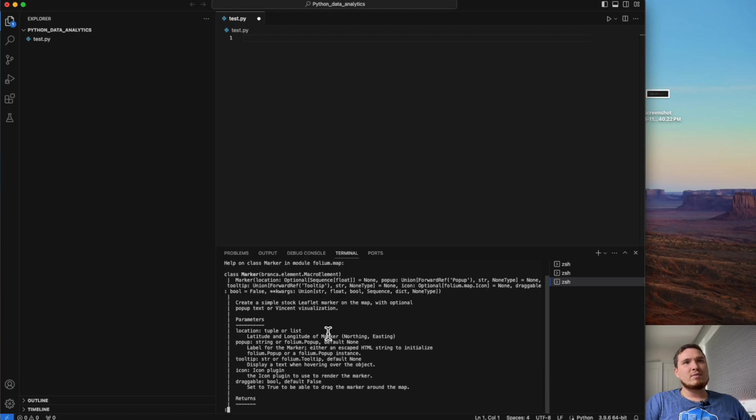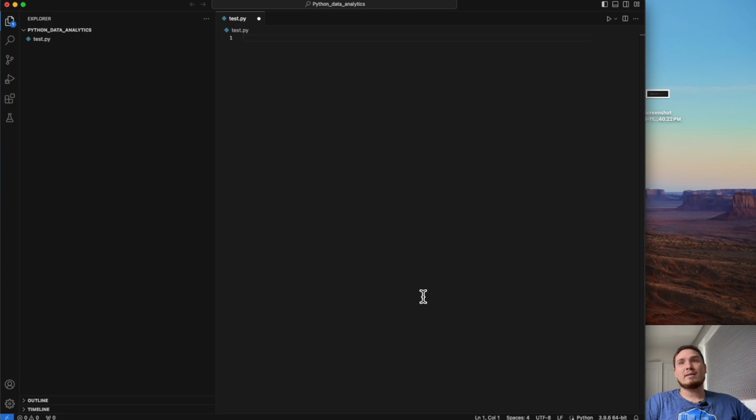Now I can see the full description of this method. First of all, the parameters in this method should be a tuple or list, right? Then what is it actually doing? I need to provide latitude and longitude to see something, to put a dot. So all these methods are provided by that library, and an interpreter helps us to run our code or to read about the methods in this code.